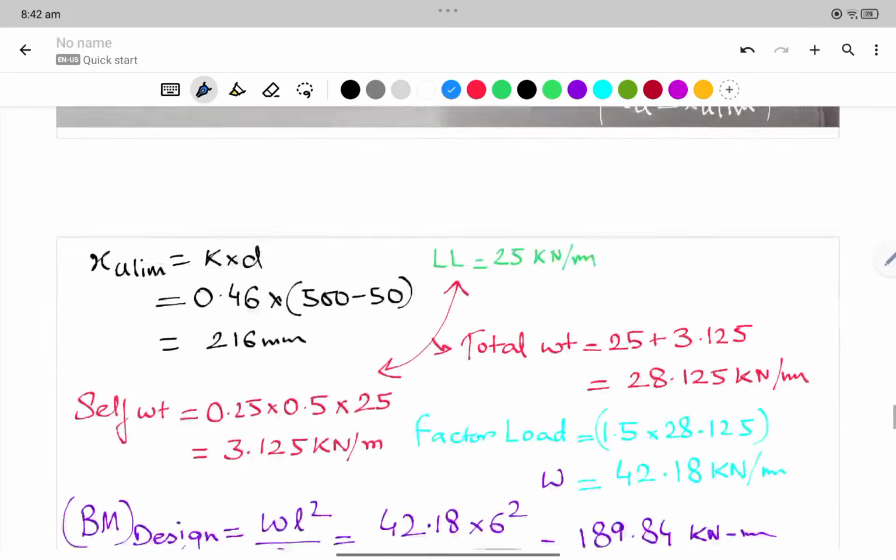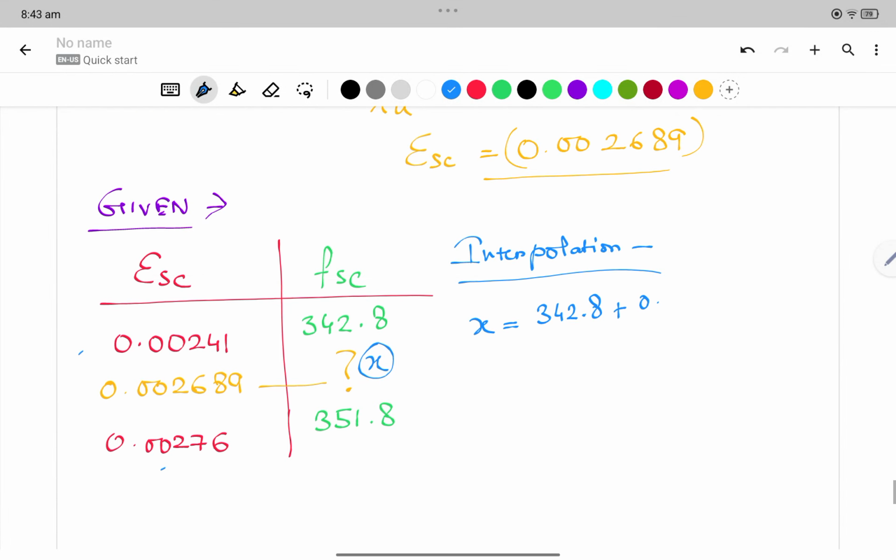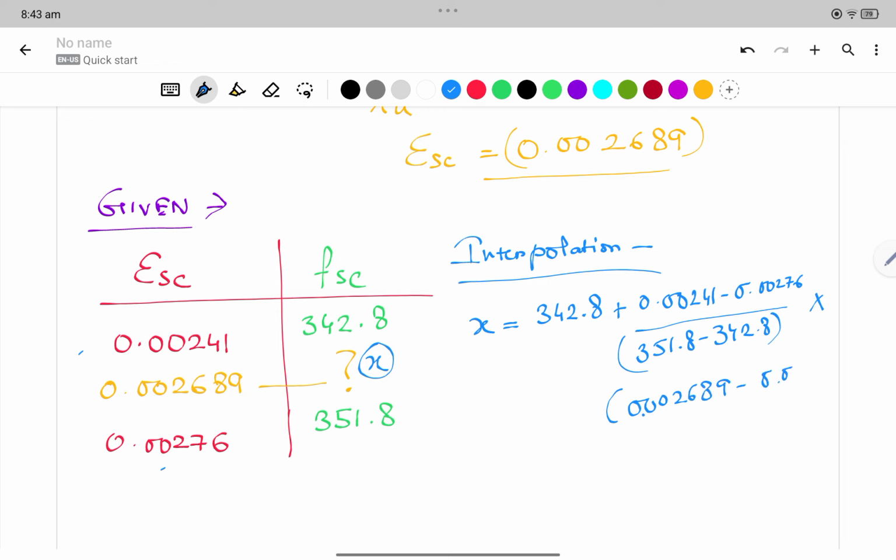Yeah, this minus this, so this is 0.00241 minus 0.00276, divided by 351.8 minus 342.8, and multiply it with 0.002689 minus 0.00241. Okay, so the epsilon SC is coming to